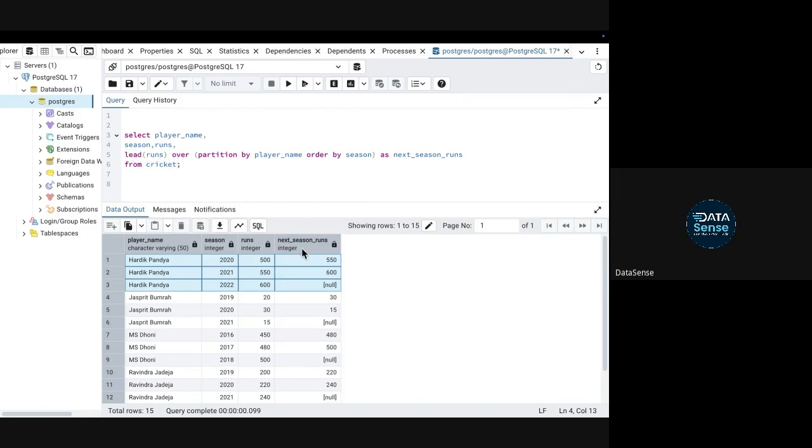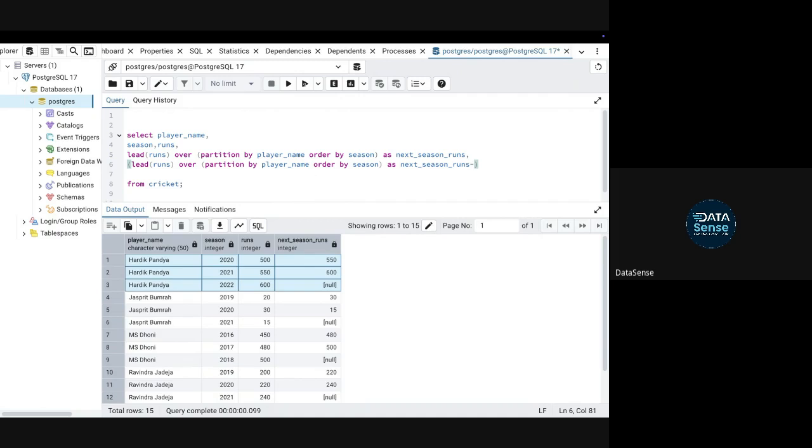We can simply take the difference between these two variables. Is it clear? So how will you do it? Let's say this is next season runs. Now you will simply say this minus